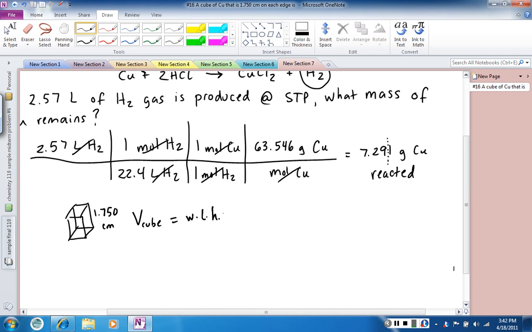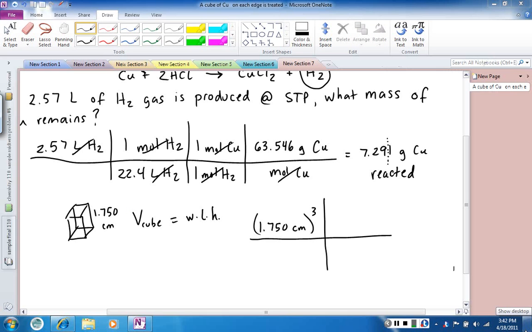In this case, they're all the same. So 1.750 centimeters, if we cube that, that will give us centimeters cubed for units,